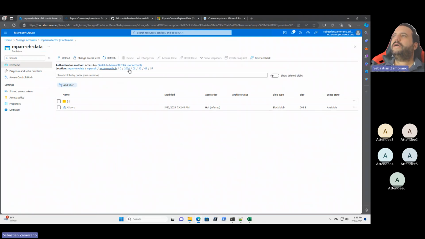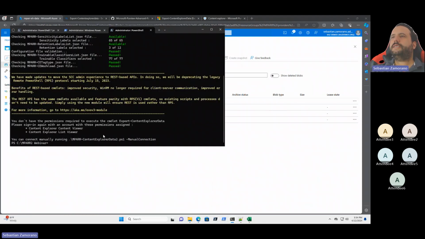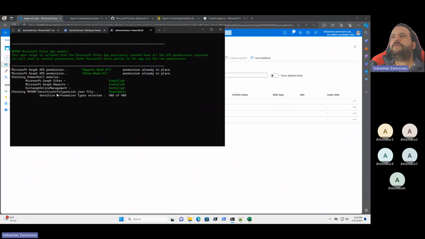I need to identify, we can wait until we have a match, and then we can see the data. Okay, I was not having the right permissions. Give me a moment. I am adding the manual connection to add my permissions,